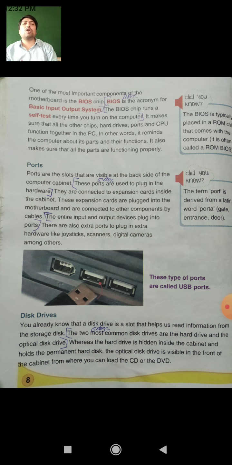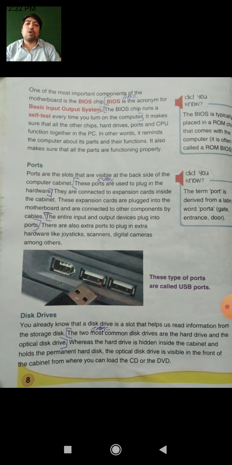In yesterday's topic we already saw the parts that are available inside the CPU machine. We already know that the CPU is the case, and that it includes the different parts that are useful for processing in the computer. So today I just want to explain the topic of ports.